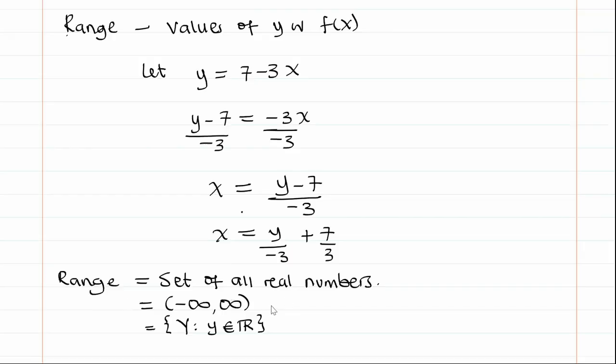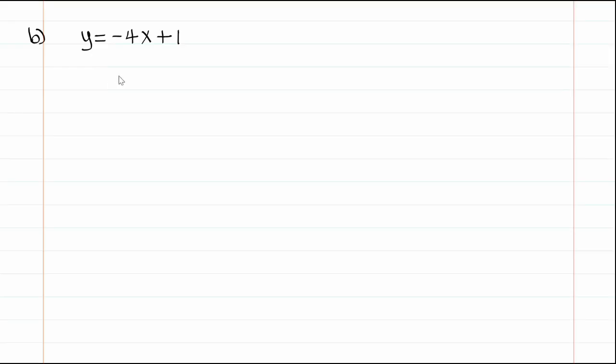So this is the answer for part A. And now going to part B, we are still finding domain and range in example 2. So the domain here, which is the set of the real values of x for which f of x, or the function y, is well defined, will be,